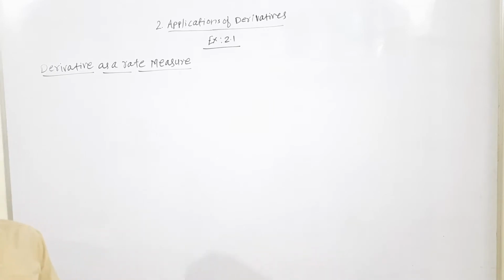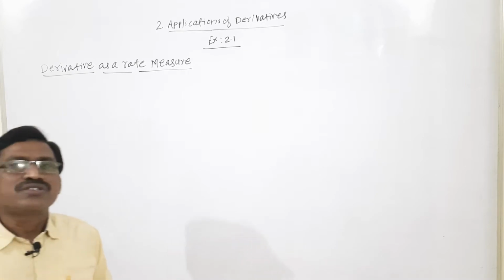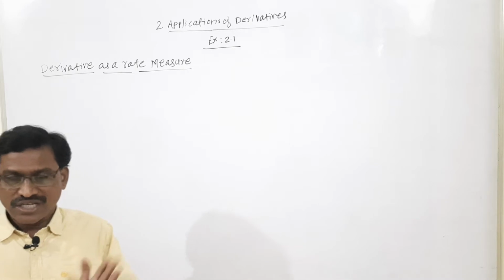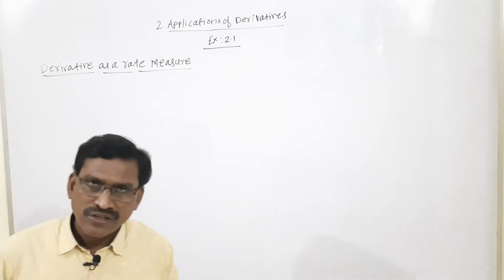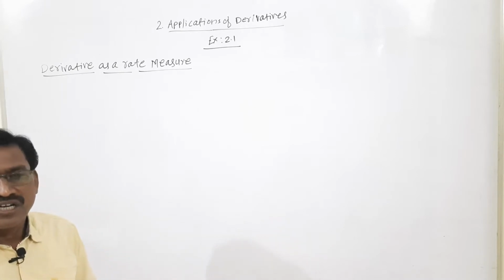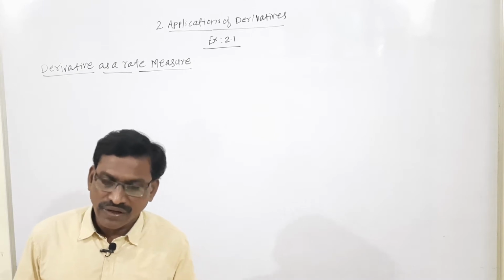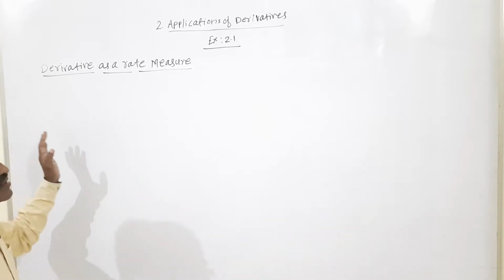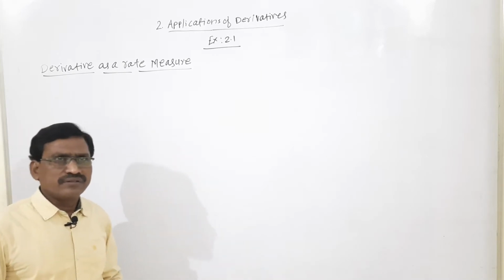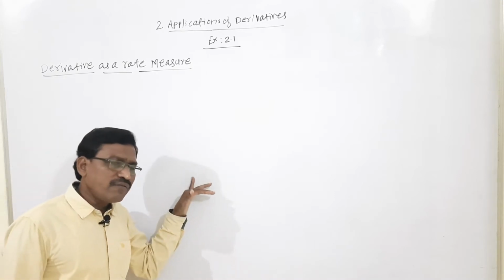In general, to find the rate of change of one variable with respect to another variable at a particular instant, whenever the relation between them is given. The rate measure means here, suppose we are given two variables x and y, then we have to find the derivative of one variable.